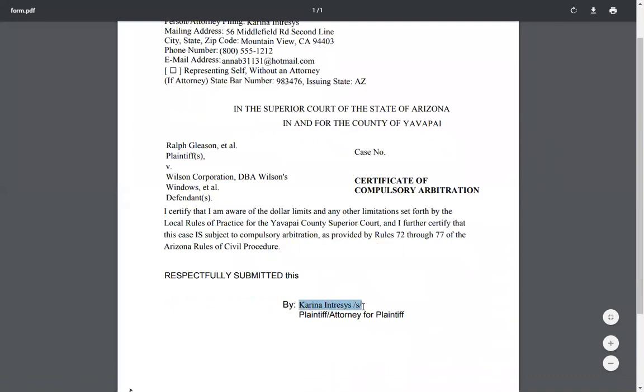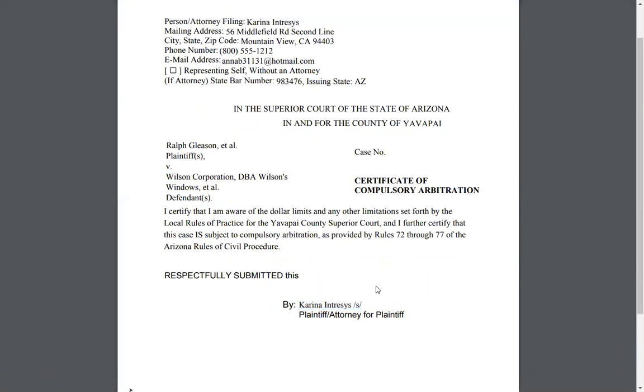Here is my digital signature. In Arizona, they use the /S/ to indicate a digital signature for electronic filing. By the way, if you're ever creating your own documents that need to be signed and you're typing in your name, make sure you put in /S/, otherwise the court will reject that document or that filing, okay? All right, so there's your certificate